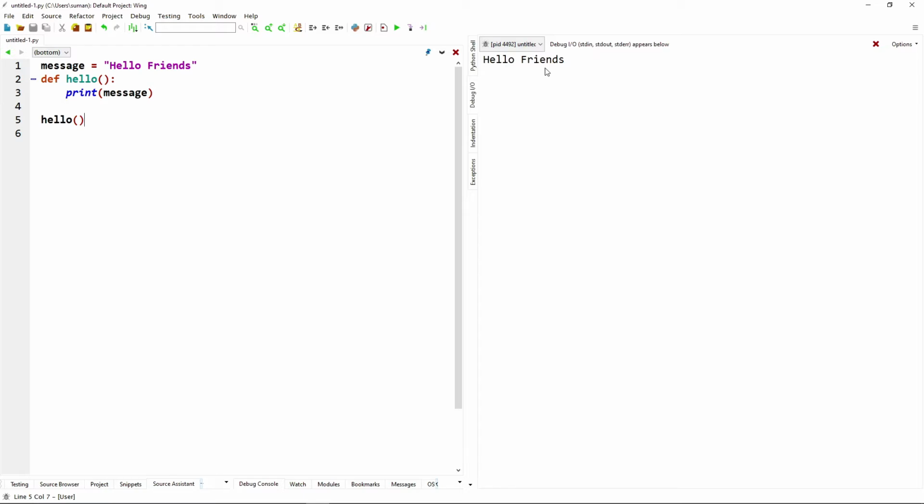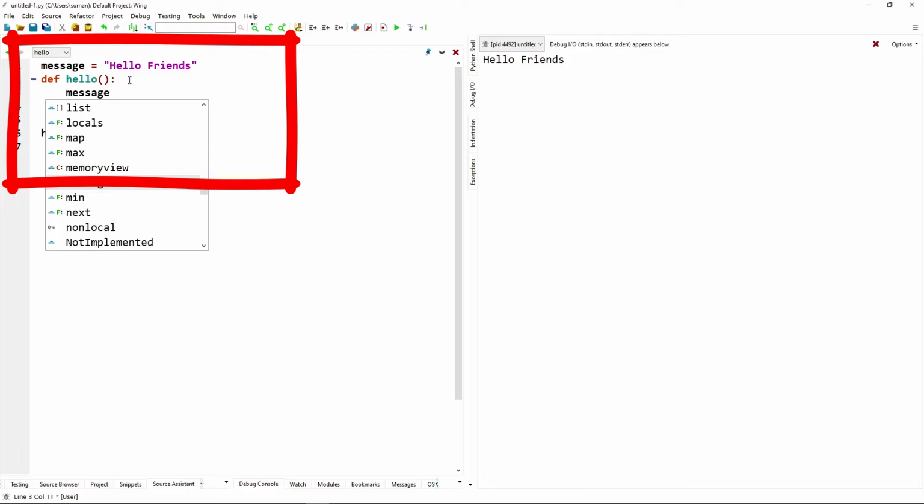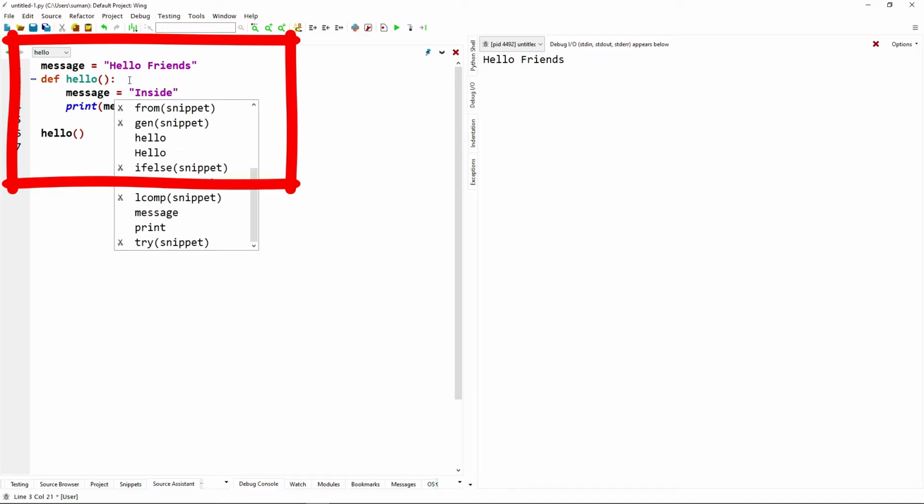Now check what would happen if we define a variable with the same name message inside the function. Message is equal to hello friends, def hello, and in between that we have a variable message, and here suppose we are giving it as inside the string.